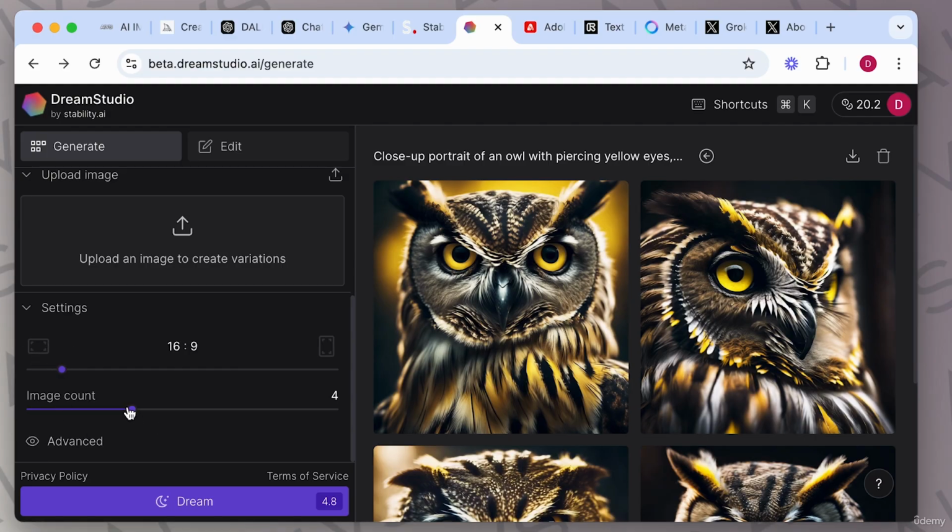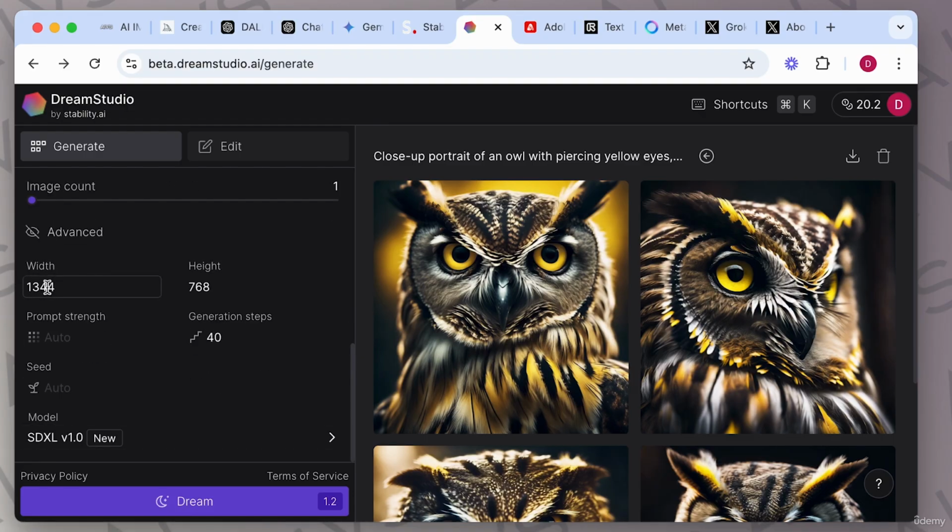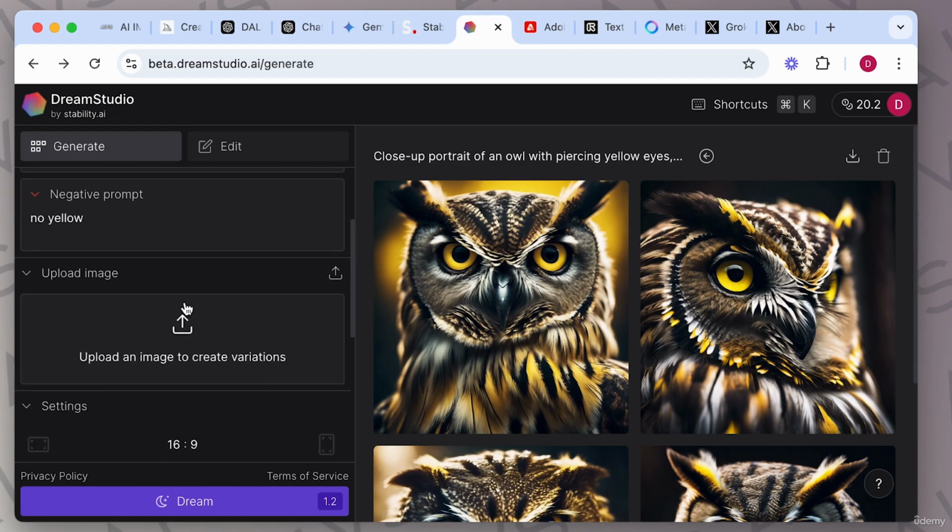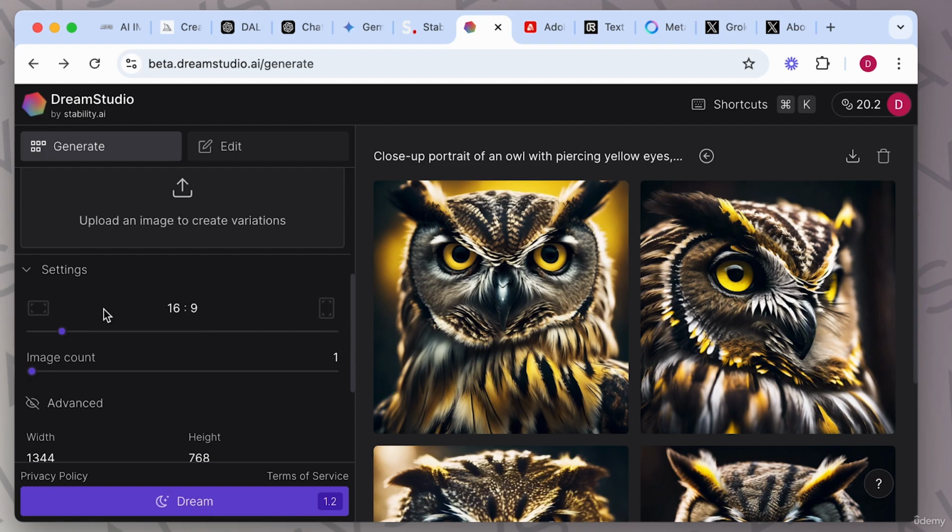How many image variations of this do you want? You can go all the way up to getting 10 variations, of course that use more credits, or down to 1. There's also advanced features right here. If I scroll down, you can tell it different, the width, for example, if I wanted to manually set this. And then let's go back up to, well, actually, let me generate that first and then we'll come back up to upload an image. Let's see it basically doing it now with the new aspect ratio, the new image count,